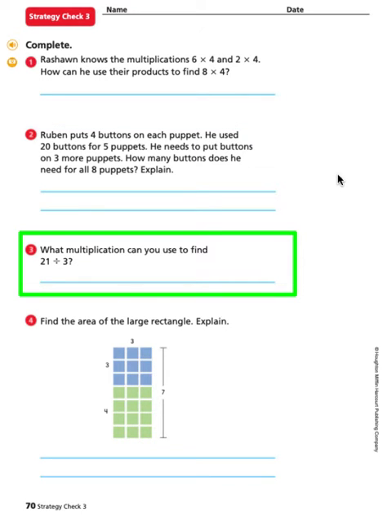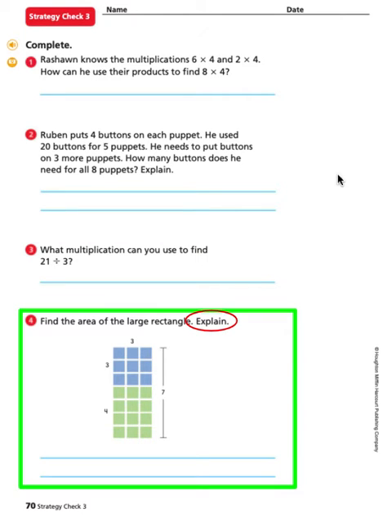Number 3, what multiplication problem can you use to find 21 divided by 3? Number 4, find the area of the large rectangle. Explain. You have 2 sections of your rectangle, so think about how many multiplication problems you're going to have to write for those 2 sections, and then write the multiplication problems out and the answer, and then solve and explain